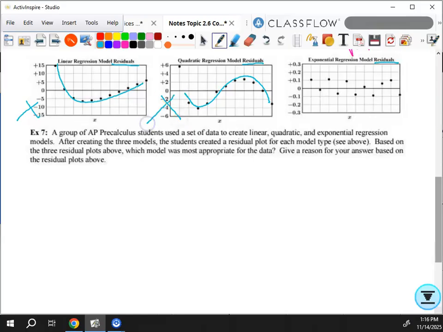No. Really, on any of these, you could technically force some sort of pattern, because you could say, oh, look, this one zigzags like that. But I mean, that's kind of trying to push it, right? That's pretty random. Anything random, we could probably connect dots and make something out of. But of all 3, this one definitely is the most random, right? So we can just say that it is exponential is most appropriate